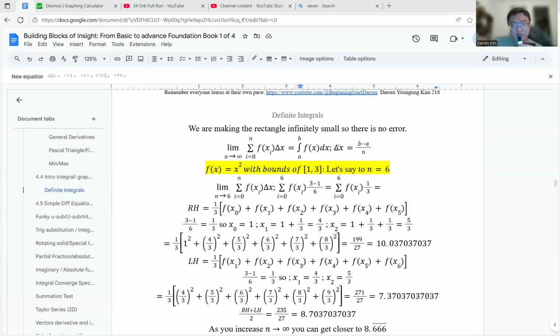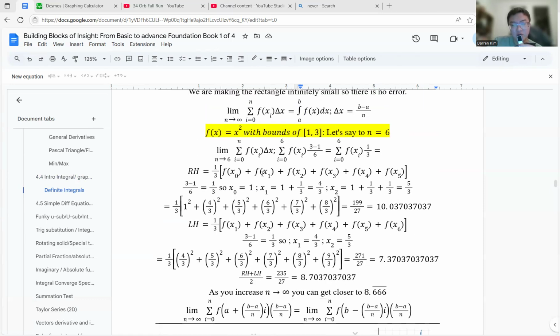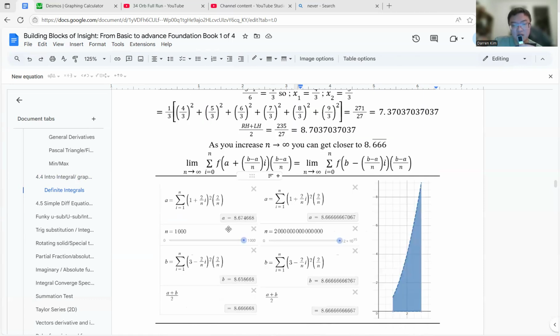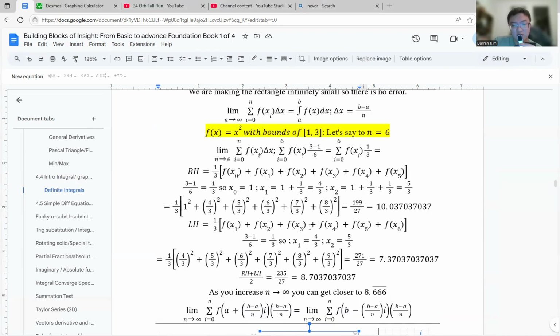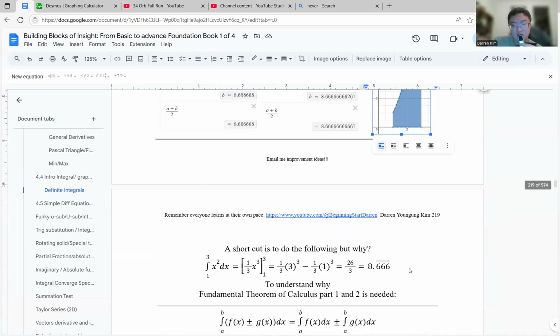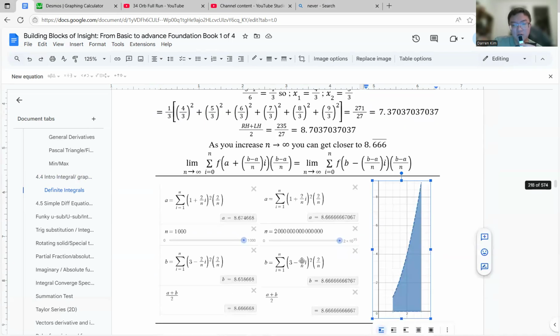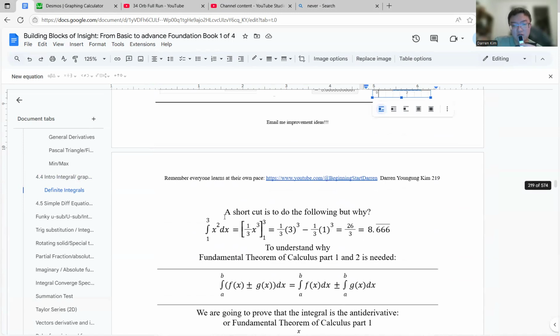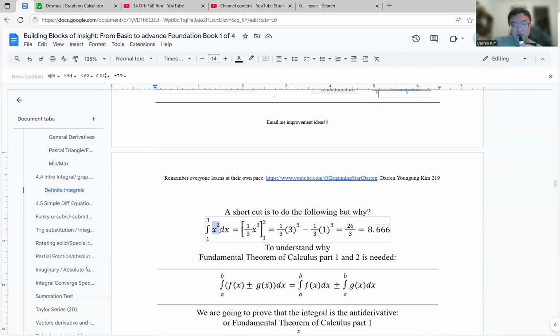So, anyways, the next one is the definite integral, which seems easier at first, but then you realize it has more subtlety to it. The first thing we're going to explain is that yes, you can use the Riemann sum again, and the Riemann sum is going to be our primary definition, but we're not going to do it. We're just going to take a shortcut here and say, well, we already have an antiderivative and we can just figure it out.